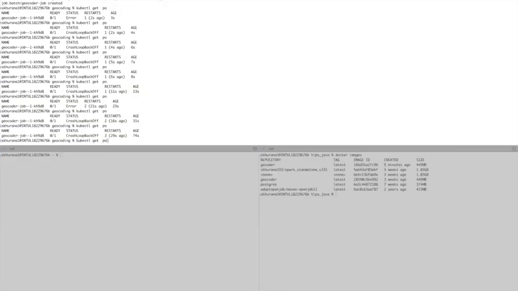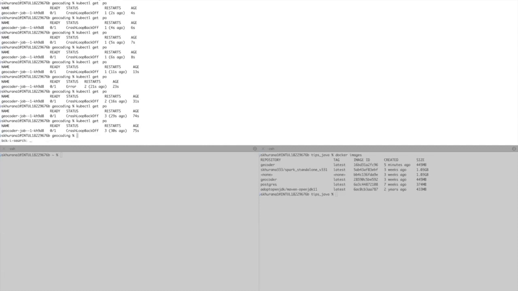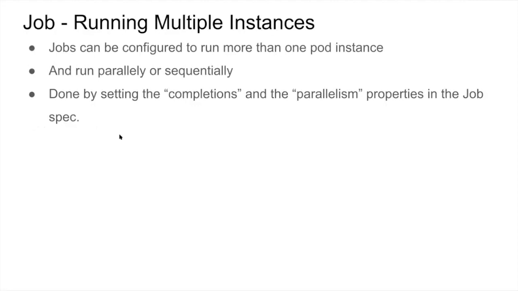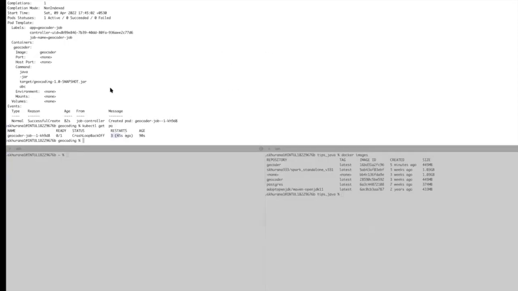Now let's see, I want to move on to a different one. Still 3, so let it complete to 6. In the meantime, let's describe the job. It still shows that it successfully created the pod, and the pod is still running because it has OnFailure. So it will restart 6 times, and then I'm just deleting that. I want to discuss the other things also, but you get the idea. So now